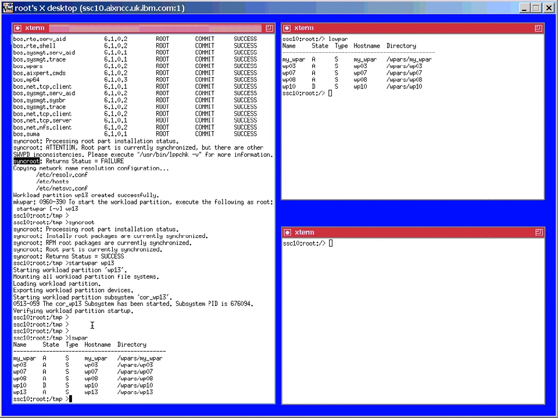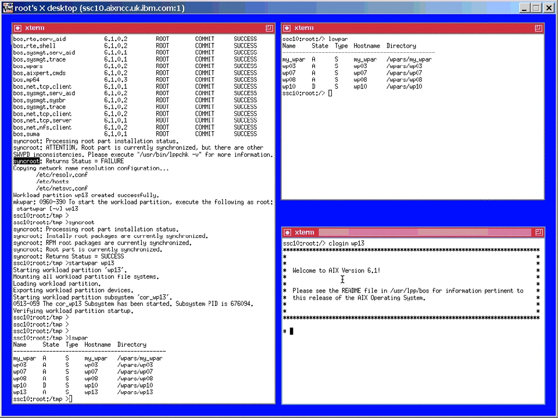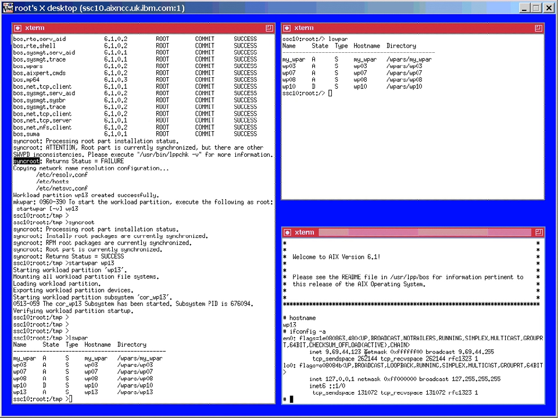And how can we actually access that? Well, we can telnet to it across the network, or we can actually directly access it from the global area that's actually hosting it at the moment. And we use a command called clogin to do that. So let's do that now. And we get logged in straight away. Hostname set correctly. And we're on the network with the right